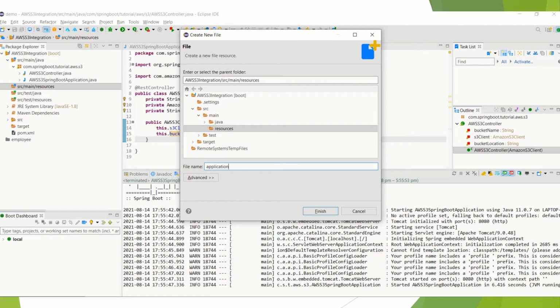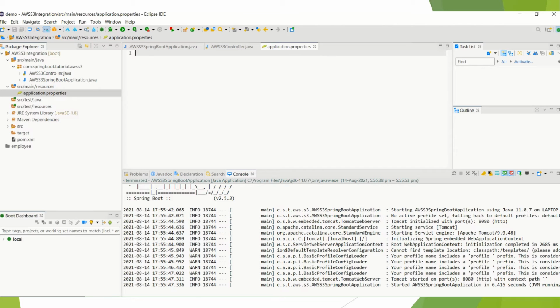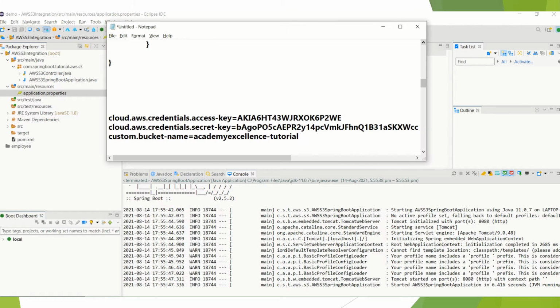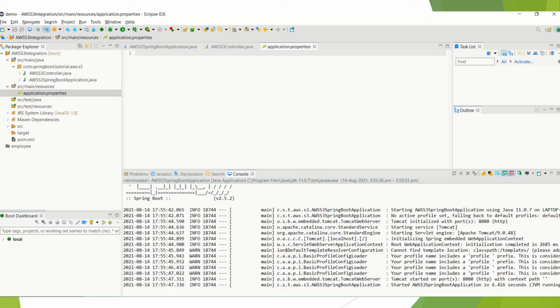Application dot properties file, right? So the properties are there but with a blank value. I want to show some key values. These are the keys we require: one is the AWS access key, and one is the secret key. We have used these for a different user, but let's see how to get the corresponding values. This key is constant. We need to provide the corresponding access key and secret key.